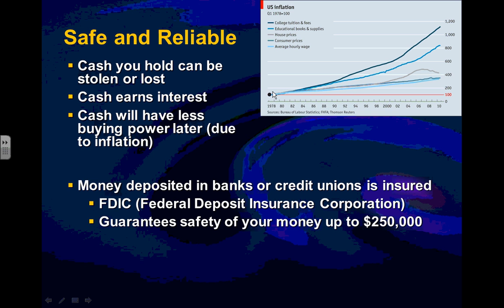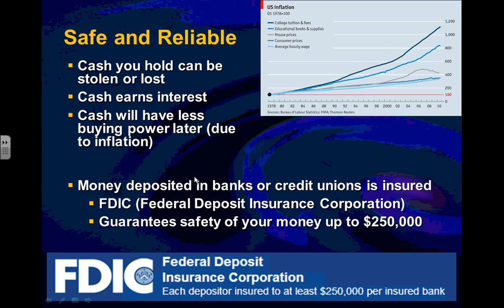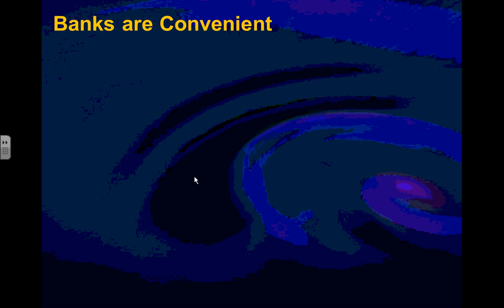It'll make some interest. It'll be a hedge against inflation, or a safety technique to help it keep up with inflation. And understand that the money you deposit in banks is insured by the Federal Deposit Insurance Corporation. It's guaranteed that your money will be safe for up to $250,000. And if you're lucky and you have more money than that, then you can set up a different account, and both accounts can be guaranteed up to $250,000. So it's guaranteed by the federal government. People should not be afraid of banks.